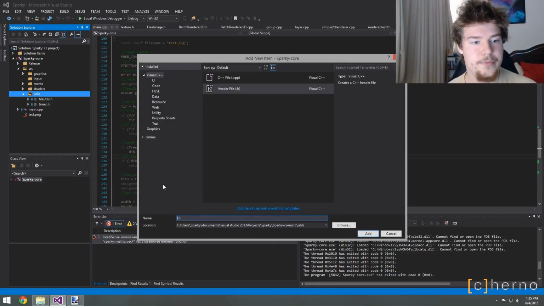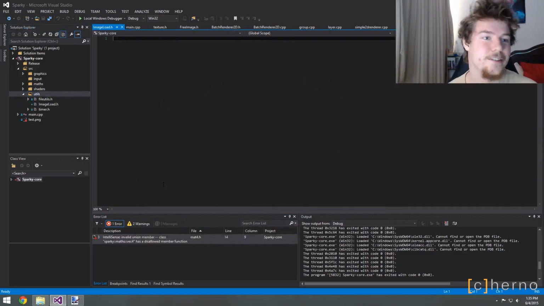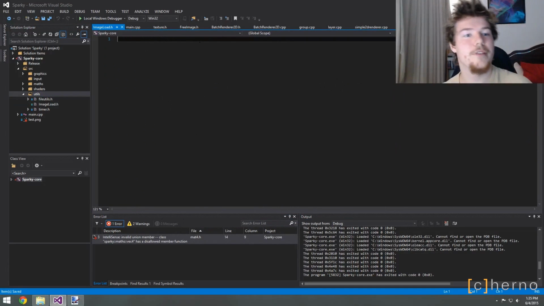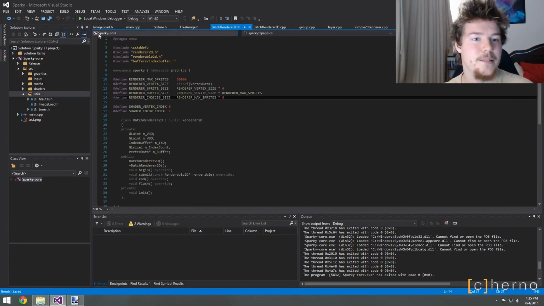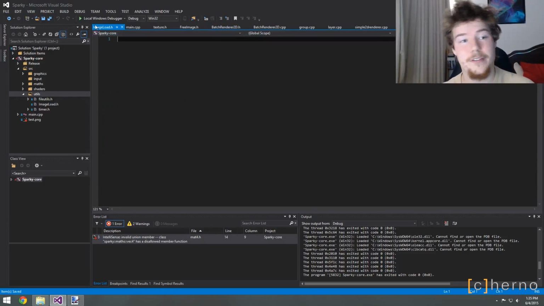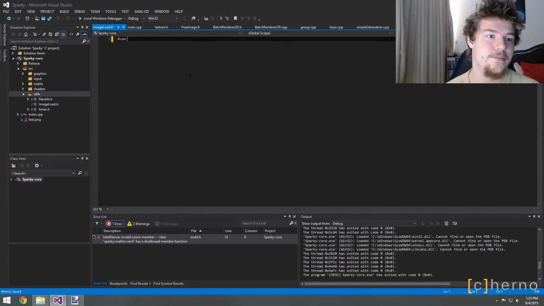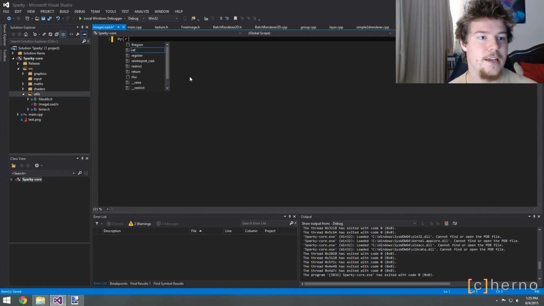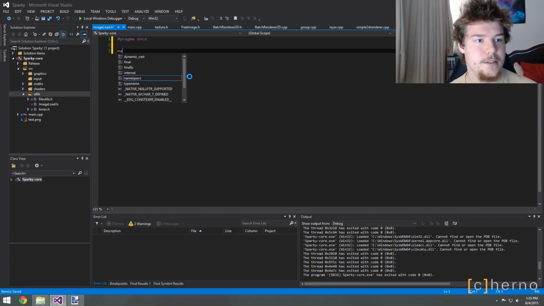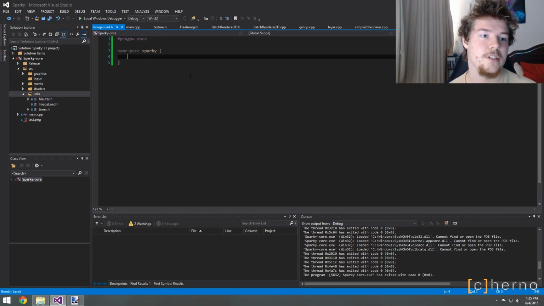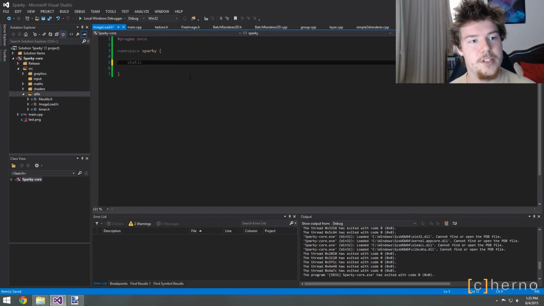I don't know. I'm really tempted just to switch convention. But yeah, I'll just do it. The whole reason that we've got stuff in uppercase and lowercase is because Visual Studio refused to rename BatchRenderer to lowercase, so I guess we're somewhat in that land now. But we'll just have a pragma once, namespace Sparky. We'll just have this in the normal namespace, and then we'll make a static,